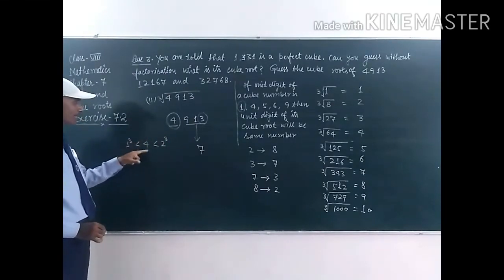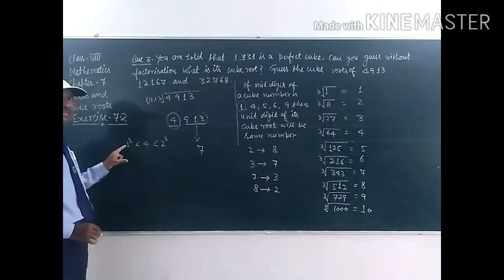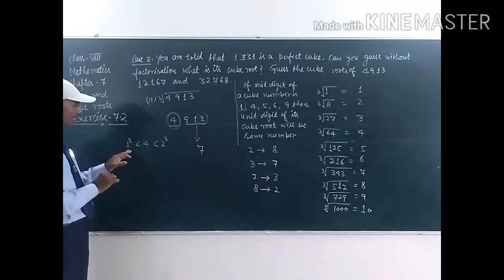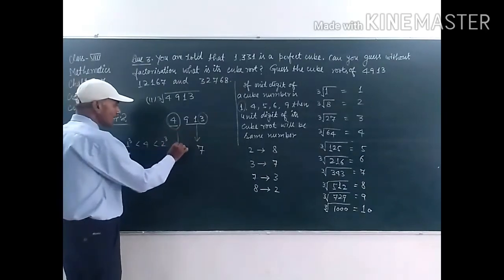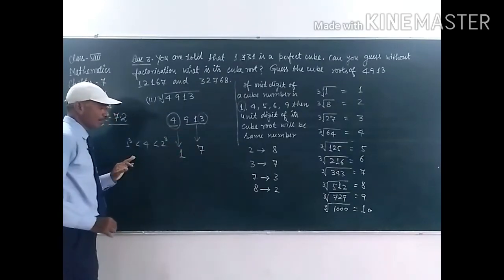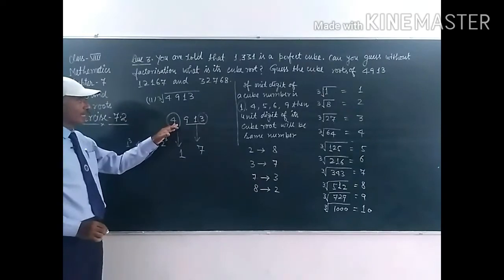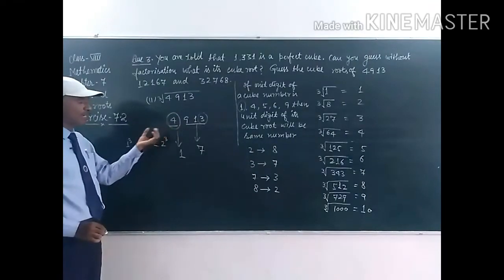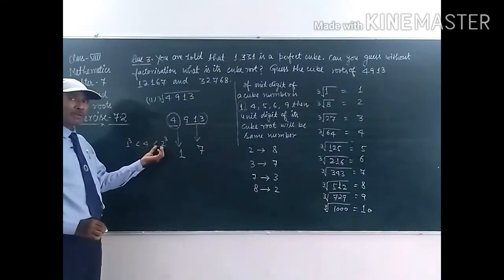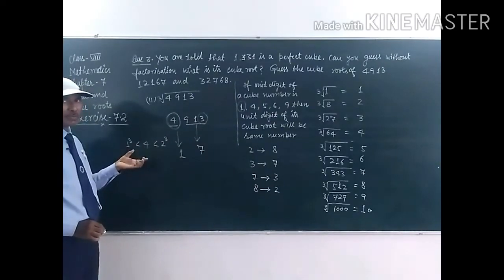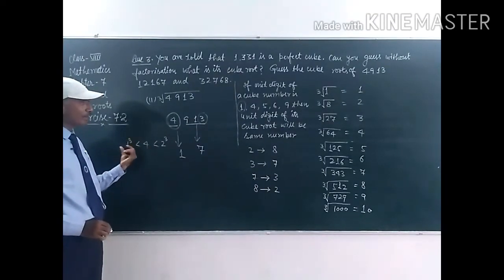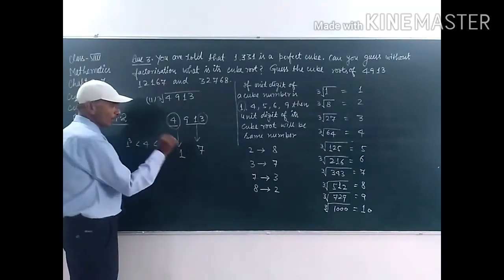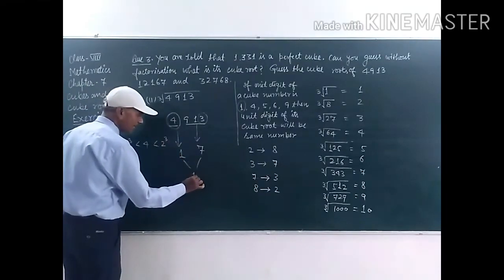So in this case we have to take the previous number, this one first. Clear? So we have to take this number 1. Student, this 4 is less than the cube of 2, so we have to take the previous number of 2. Which is the previous number of 2, student? 1. And how much is the cube of 1? It is 1, which is less than 4, so we have to choose the smaller number, 1. So it is 1 here, and the number is 17 here.